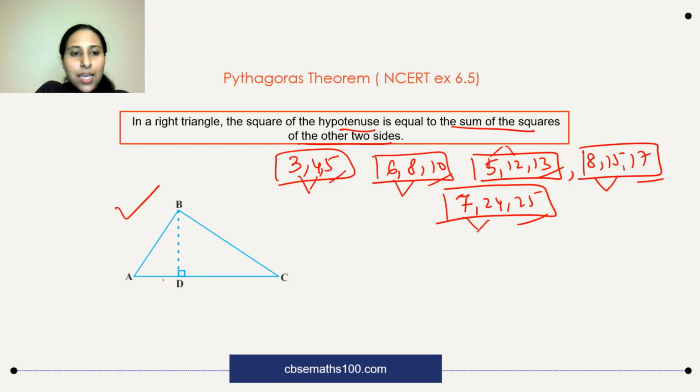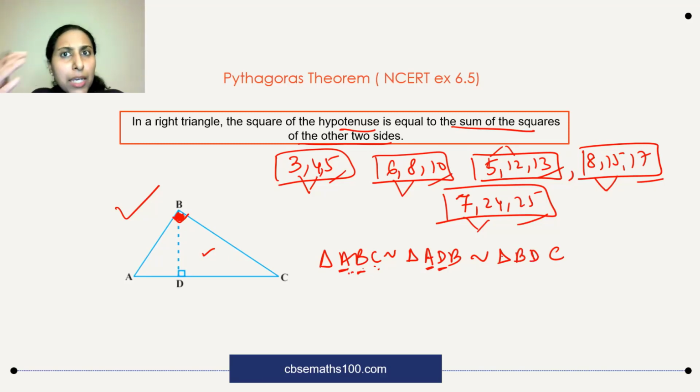Also, what I want you to remember with respect to this triangle: when you get a triangle ABC of this sort, right angled at B, and you have a BD, the altitude dropped to the base, I want you to remember certain things. First of all, triangle ABC will be similar to triangle ADB by AA similarity. A is equal to A, B which is 90 is equal to D which is 90. It is also similar to the second triangle, where C will be the same. So C is equal to C, and the right angle B will be equal to D. So you're left with the letter B. By using the ratio of corresponding sides, you can write various results.